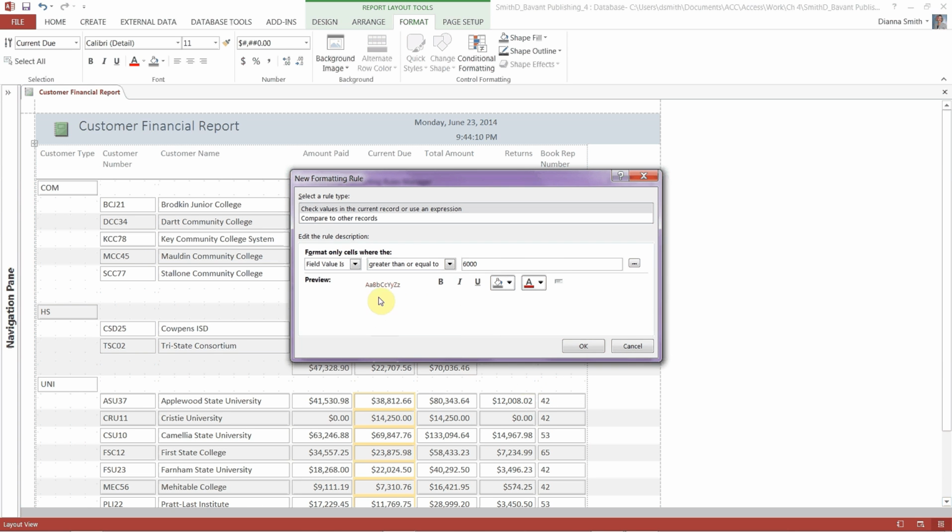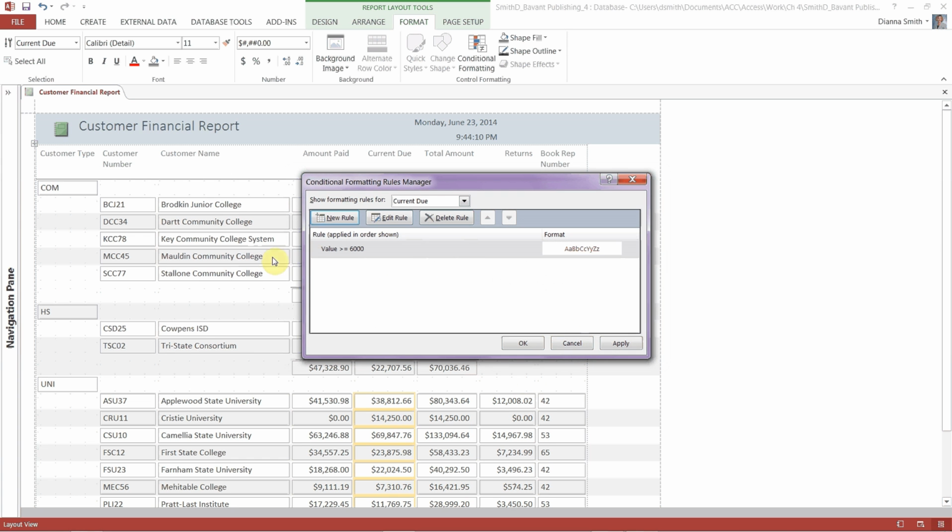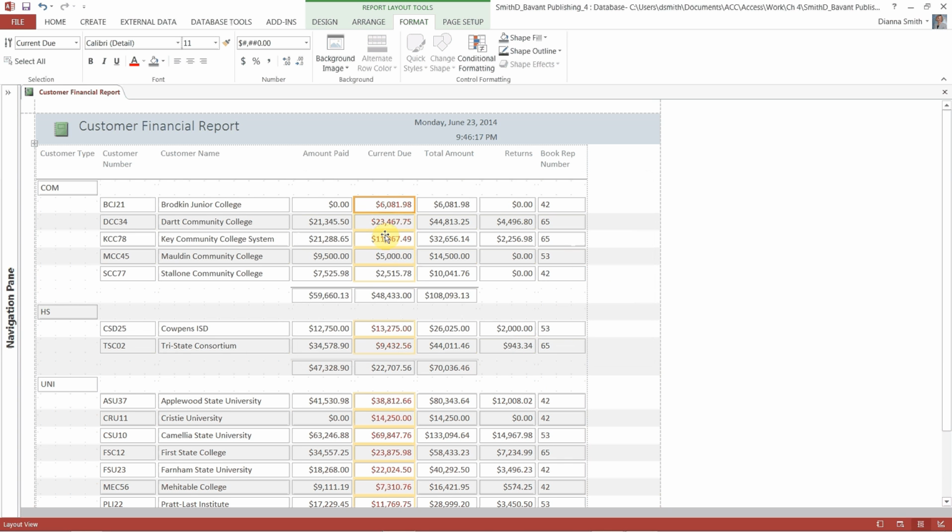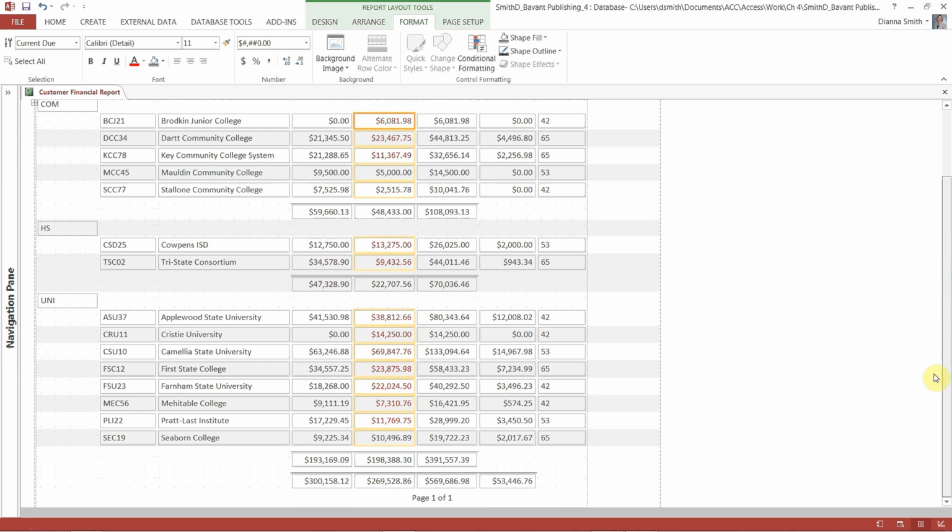Alright, dark red. The preview shows you what it's going to look like, and then we say okay, so greater than or equal to 6,000. Alright, so we have value greater than or equal to 6,000, and that's the color it's going to be. It shows you the formatting. Then we're going to say okay again, and now you'll see everything that's greater than or equal to 6,000 in this column is now red font. Excellent. Save our changes,